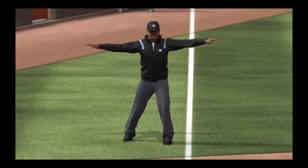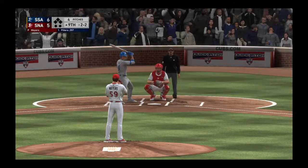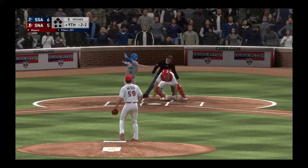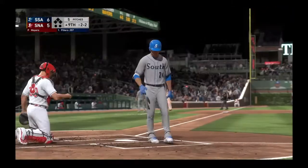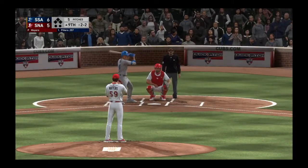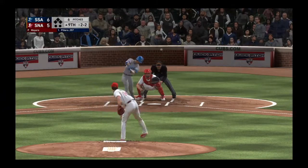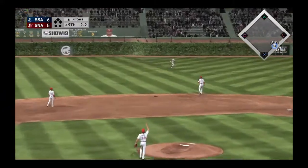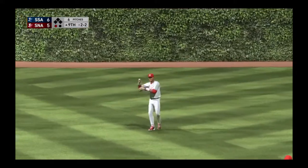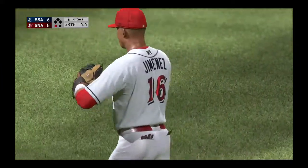He checked his swing there, and did he go? No, he did not, says the third base umpire. Ball 2. All even at 2-2. Here it is. Still even at 2-2. Lifted the other way out to left center. Calling for it, Jimenez. One away. Third baseman number